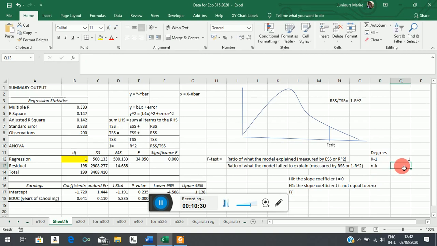So in this case, I'm using a sample of 200 here, less 2, and that will be 198. Okay, you can see the 198 there. Okay, so now what is happening here is our F observation, our F